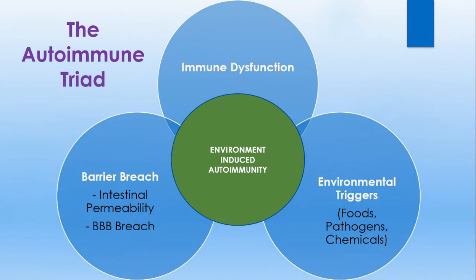And listen, this is going to be a simplified model, but this is not a simple problem. I want to be real clear. This is not a simple problem. We don't know how to cure autoimmunity. Even when I work with people, I tell them straight up, because this is the truth. We don't know how to cure autoimmunity. When I'm working with people and we're trying to work through this model, the triad of autoimmunity, we don't know if we can even help them.